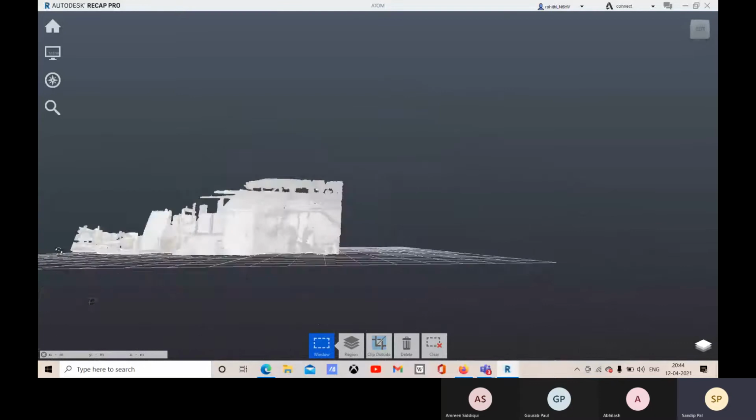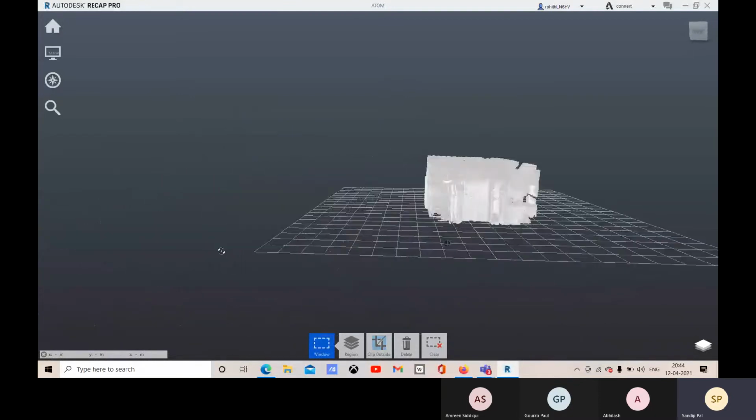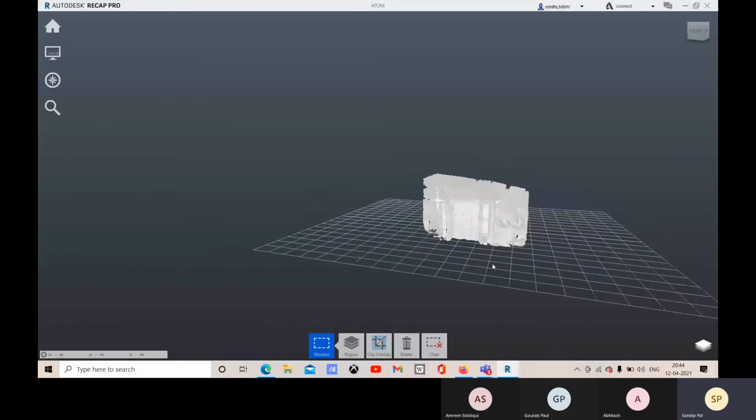Suppose you wanted to select only the front, only this front point cloud, so you should go with this plane option.